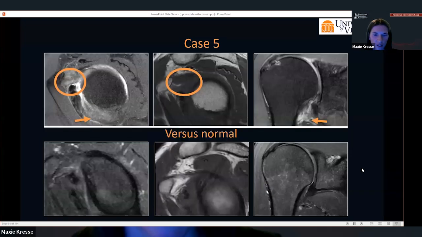For people that haven't looked at as many shoulder MRIs, I have our patient on the top row and a normal on the bottom, just to show the difference in these findings. So it's not areas that you often focus on necessarily. This is the patient with the finding here with edema and thickening of the inferior glenohumeral ligament. This one is normal, so it should be black and thin, like in this patient.